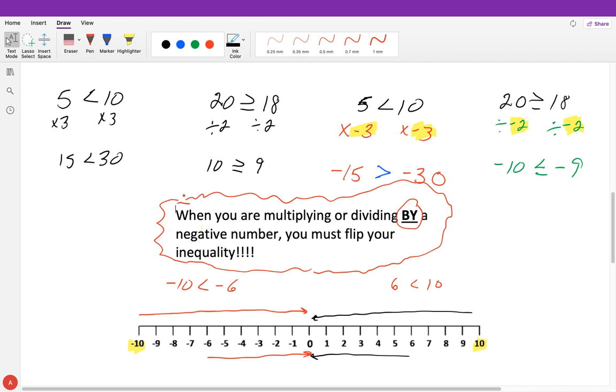All right, so it's not just because we're dividing into or multiplying into a negative number that we flip it. It's only the number that we are dividing or multiplying by. All right, and I'm going to go through some examples with that now so you can understand the difference between them. So now we're just going to go ahead and solve a few problems with multiplying and dividing, and that'll be